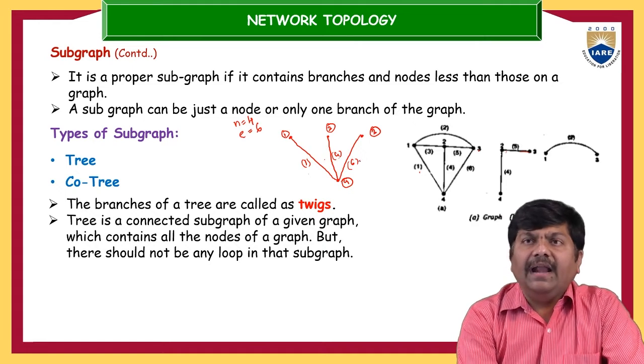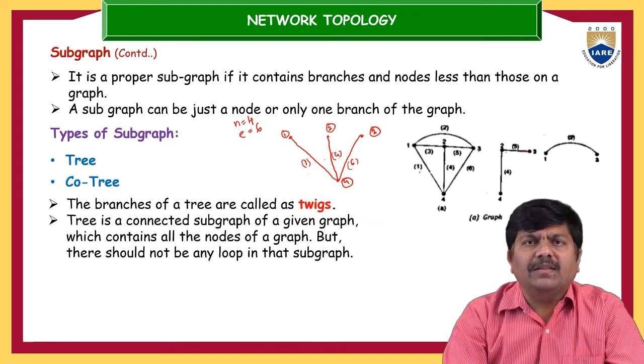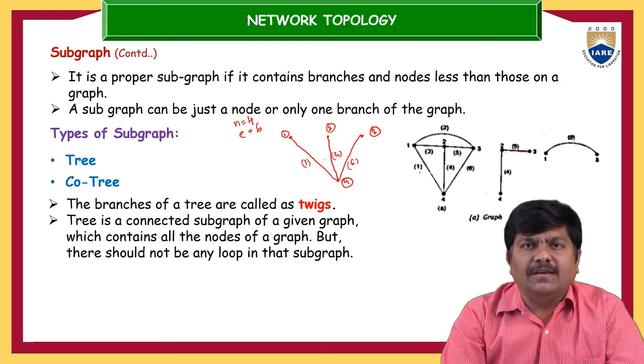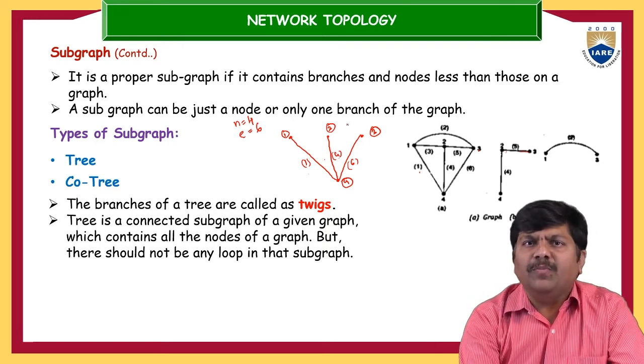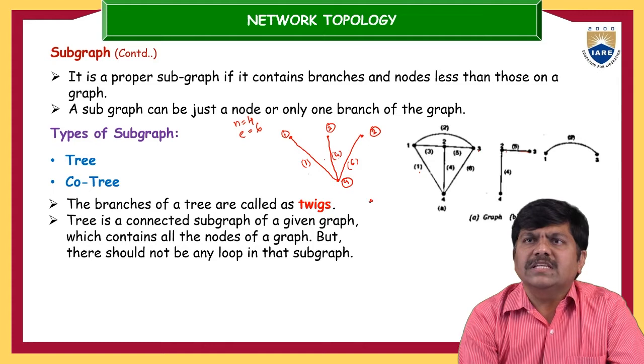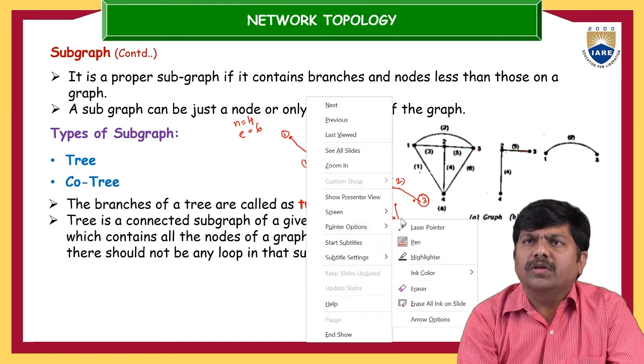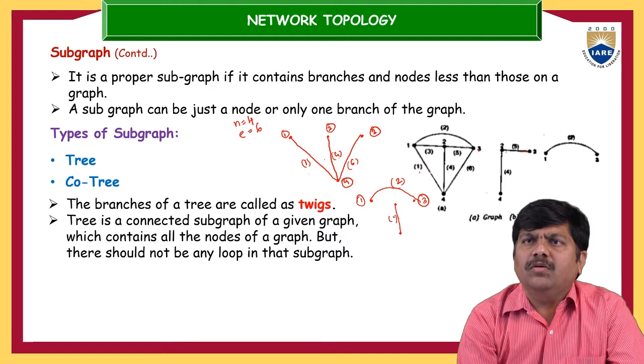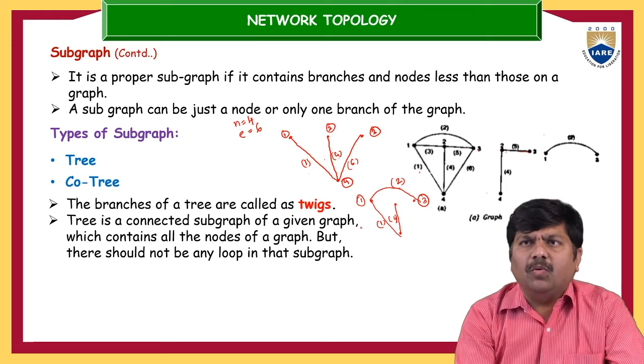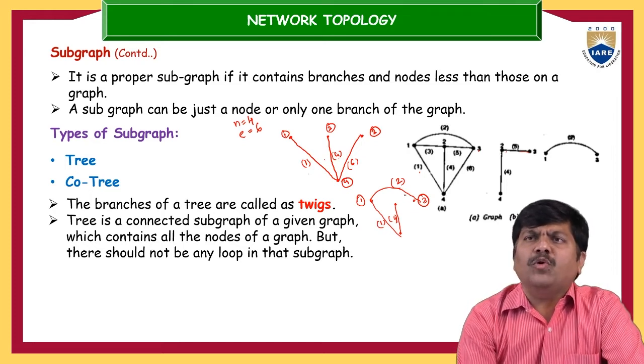So this is one tree. And here, one more important point we have to remember, that tree is not unique. So this won't always be the tree for the given graph. Suppose now one more tree orientation you can draw. So this is node 1 and this is node 3. This element I am going to consider, this is node number 2, and from node 2 to this one, this is element number 4. Sorry, this is element number 4. And again, if this is also added, this is element number 1. Now, like this, this is one more type of tree.